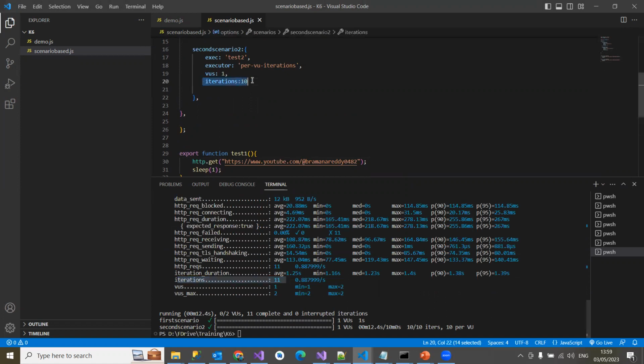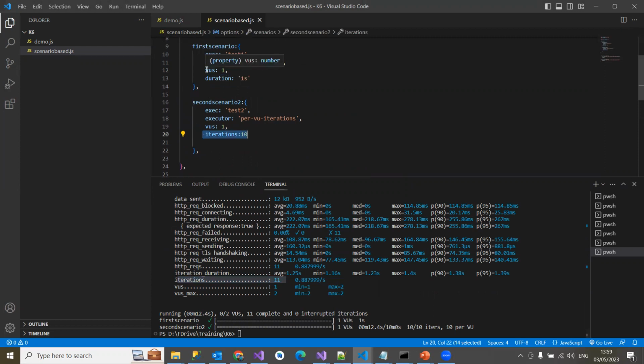So this is 10 iterations for the second and one iteration for the first, right? So 10 plus 1, 11 iterations. Looking at this, the user count is one only that we mentioned here, and max users you can see is 2, because the first scenario has one user and the second scenario has one user. And here you can see the first scenario was one virtual user for 1 second, and for the second scenario one virtual user,